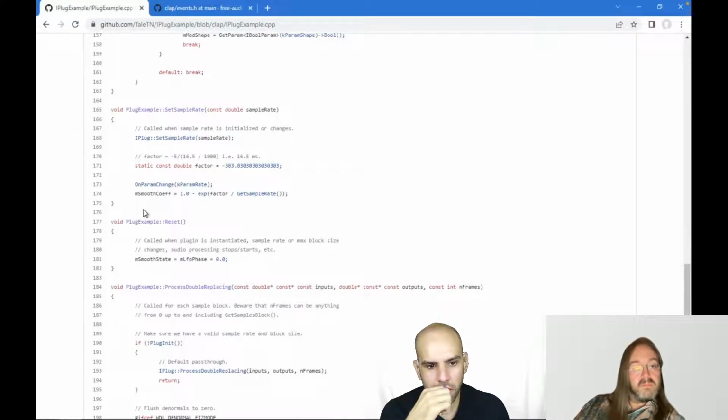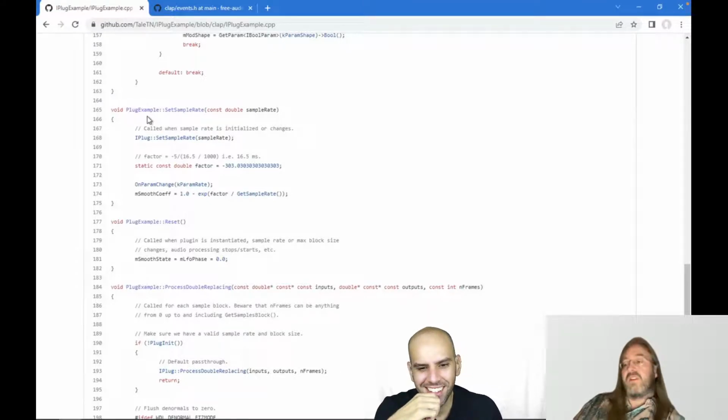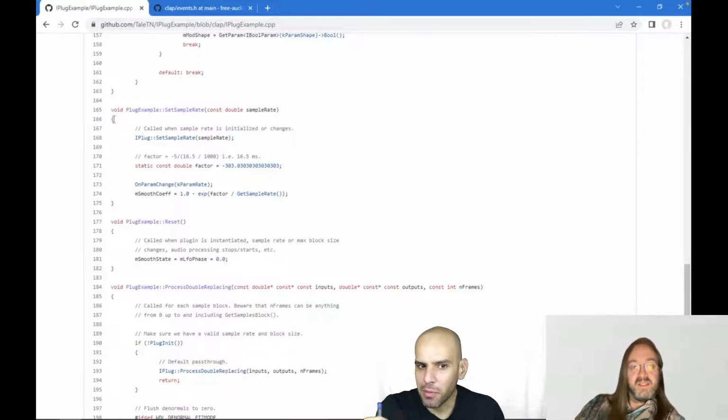I'm trying to make sense of this. You were calculating the smooth coefficients of things that have to do with this plugin, right? Yeah. I guess in JSFX, I just take for granted that the sample rate will hopefully not change. Please don't change the sample rate under my plugins. Exactly, because in JSFX, of course, the whole init section will normally be called again if the sample rate changes. And in my experience, it is called again, but the cute thing is that in the documentation, they say it will probably be called again, but don't rely on this too much. And I'm like, I am relying on it.